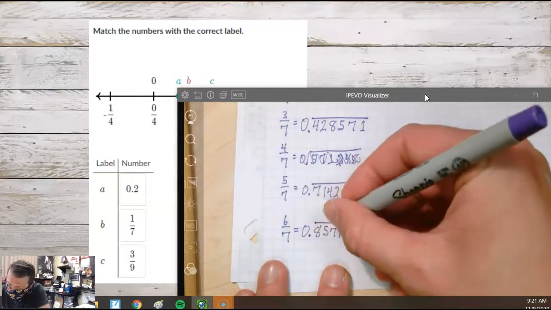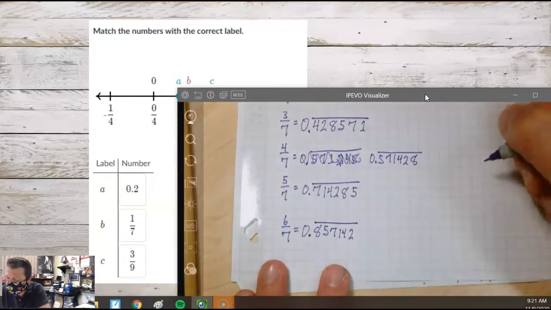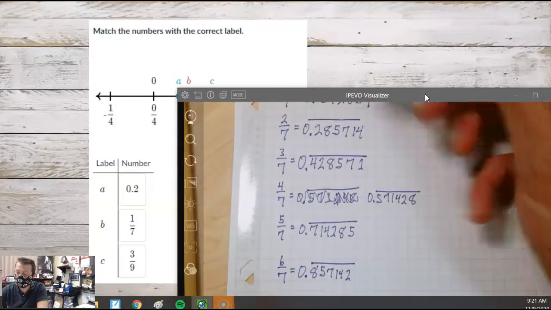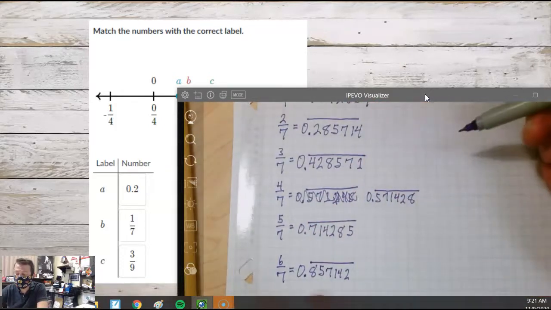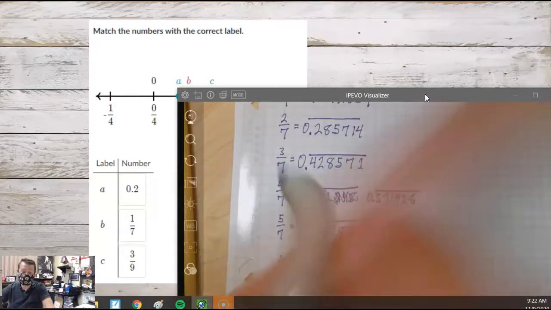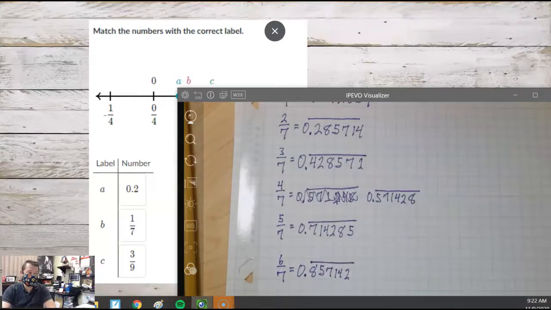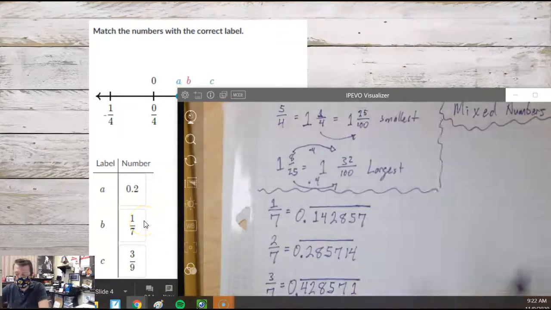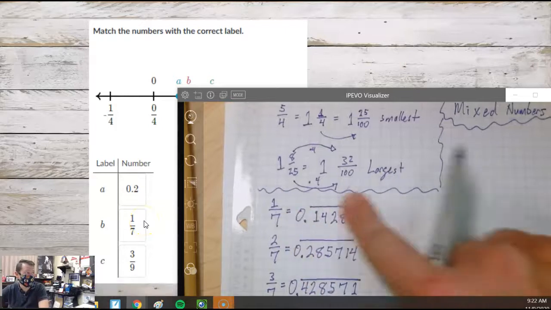And guys, this is what I mean about keeping your notes. If you keep this handy, you can reference back to this page of the sevenths. And if I let you use your notes on the test, you can reference back to this page to say, well, if I'm comparing a seventh against other numbers, what do I get? Now, so 1 7th. This is really the number that we were working with